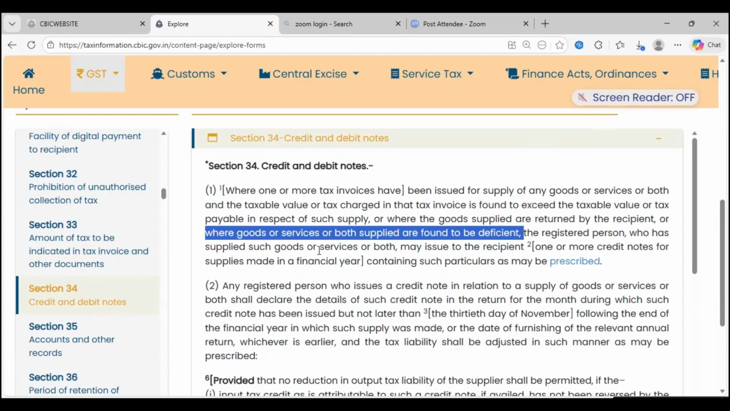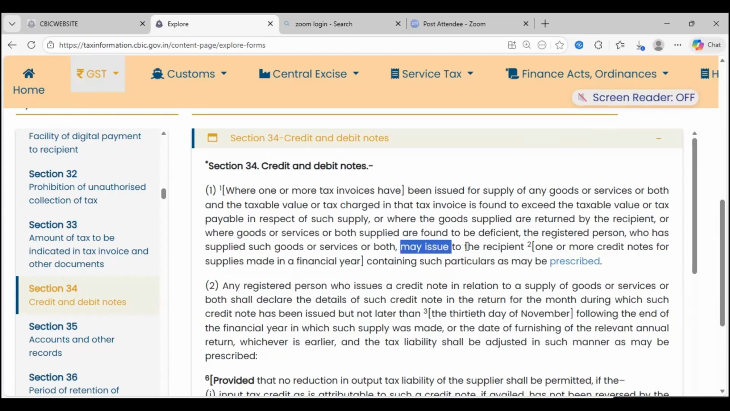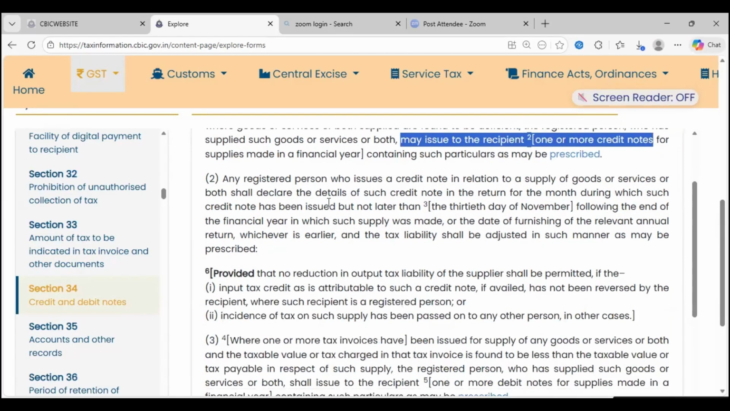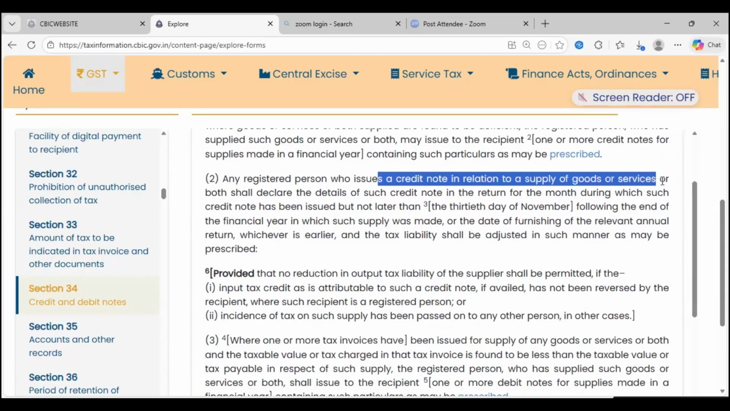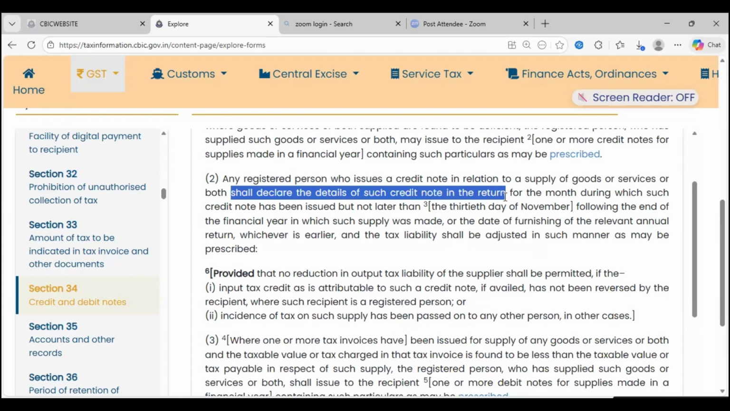Then the registered person who supplied the goods or services may issue to the recipient one or more credit notes for the financial year. So the law says there are three circumstances in which you can give a credit note. Any registered person who issues a credit note in relation to supply of goods or services or both shall declare details of such credit note in the return, that is GSTR-3B, for the month during which such credit note has been issued, not later than 30th November